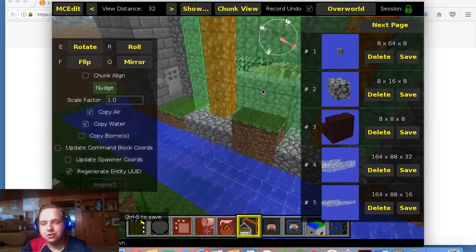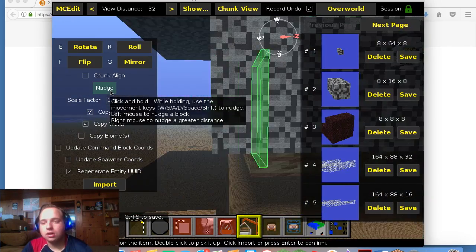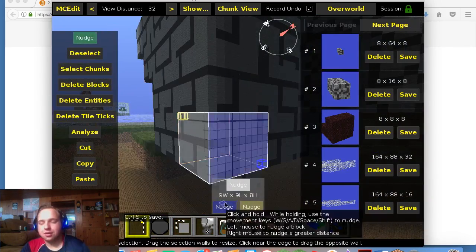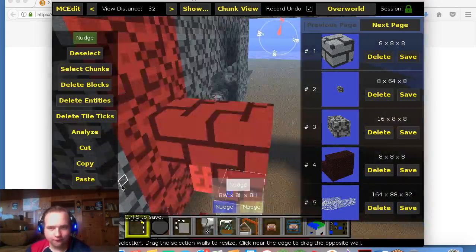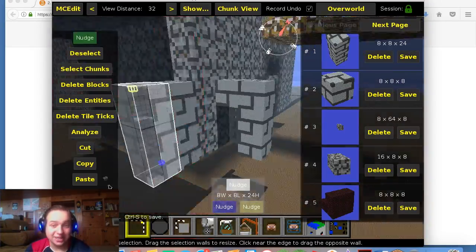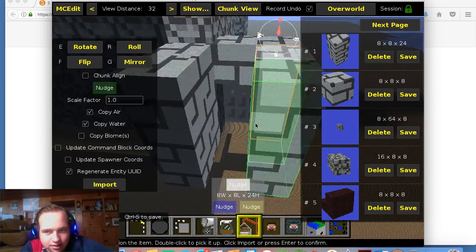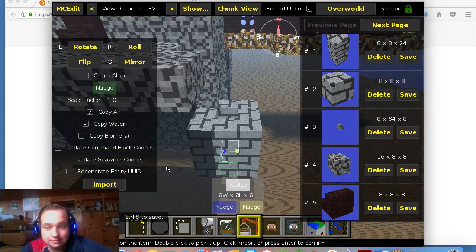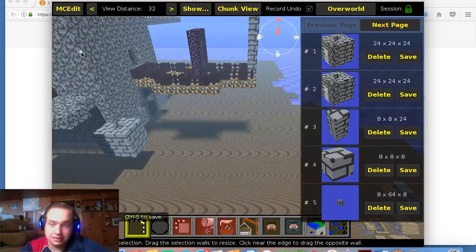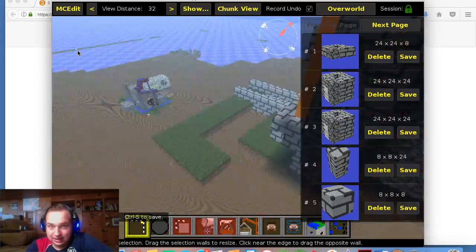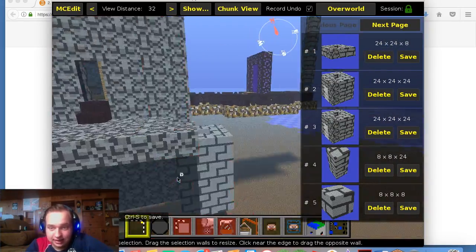I also have to make the whole, what's it called? The whole tower thing, like in the front. This is where I'm saying the other iron door was. See right there, you can just see it in the corner when I'm zooming past it at 20 times speed, plus the stupid speed of the MC Edit.